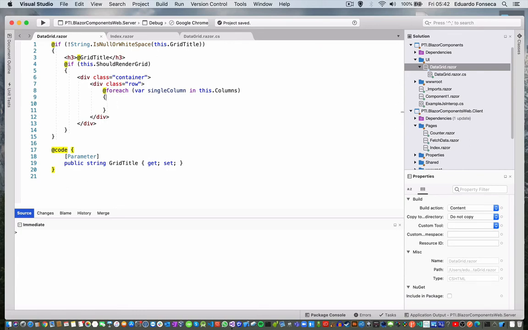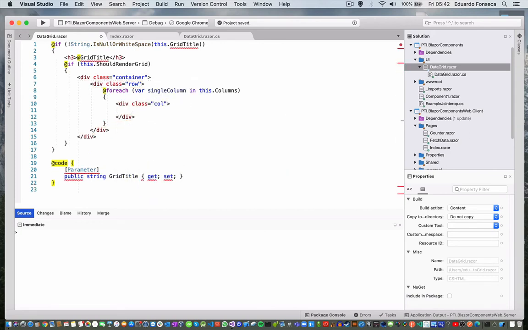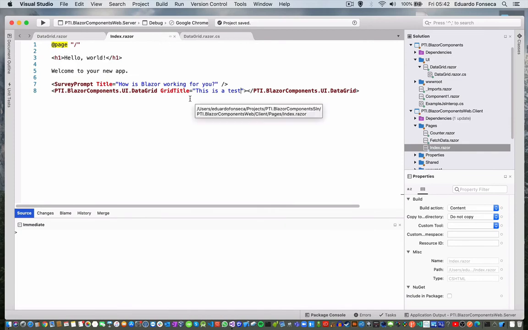And here we are going to create the column name, single column dot name, and then we'll render that. Okay, so now it seems everything is okay. Now we go to our index, and here